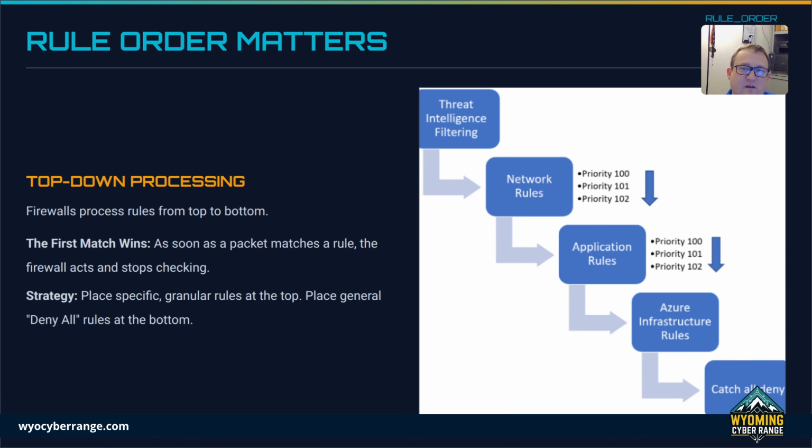Here's a technical detail that trips up many beginners. Top-down processing. A firewall processes rules in order, from top to bottom. First match wins. So as soon as a packet matches a rule, the firewall acts and stops checking. Therefore, you must place your specific granular rules at the top, say priority 100, and all your general deny rules